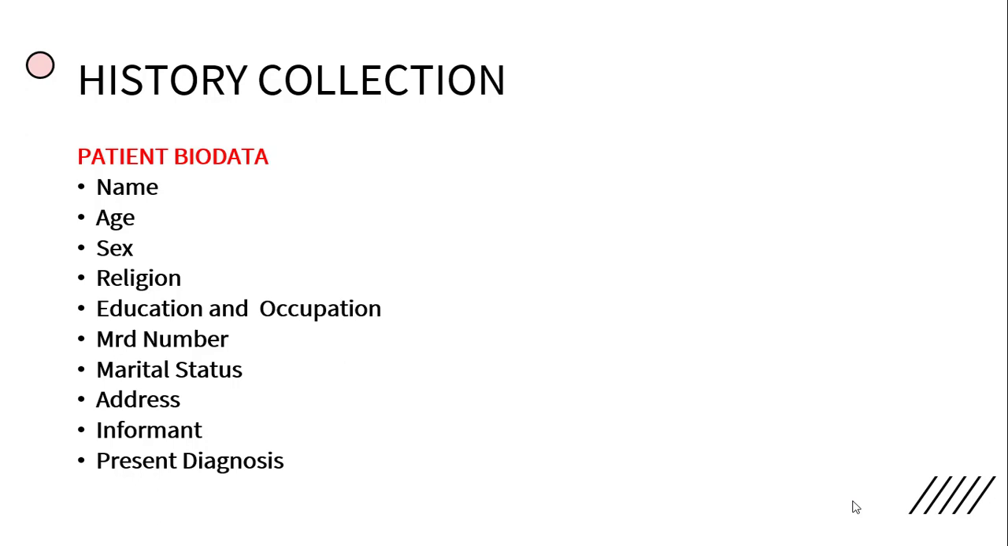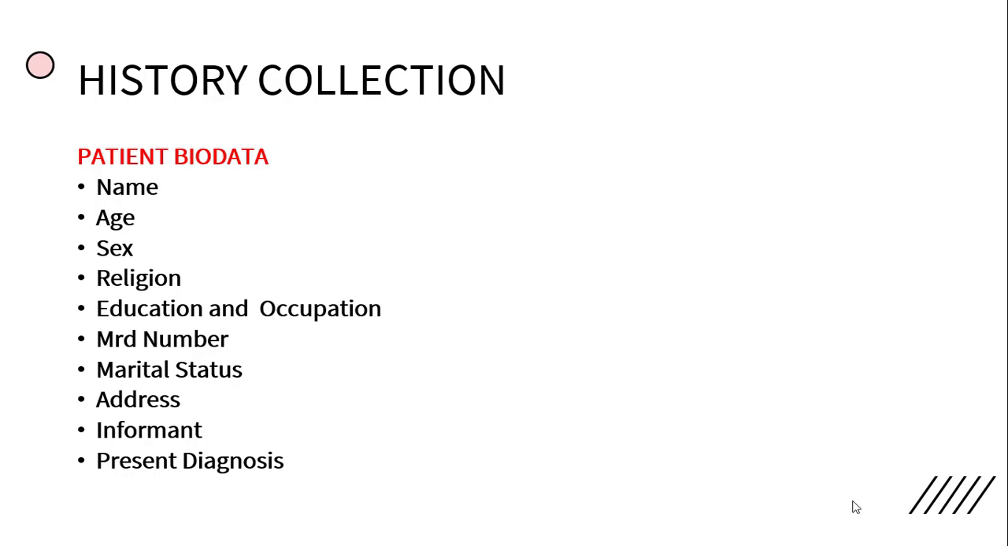The first section of your nursing case presentation is history collection. That's the first heading you have to write. Under history collection you have to write a subheading, that is patient biodata. Under patient biodata you have to write some details about the patient in this order: name, age, sex,